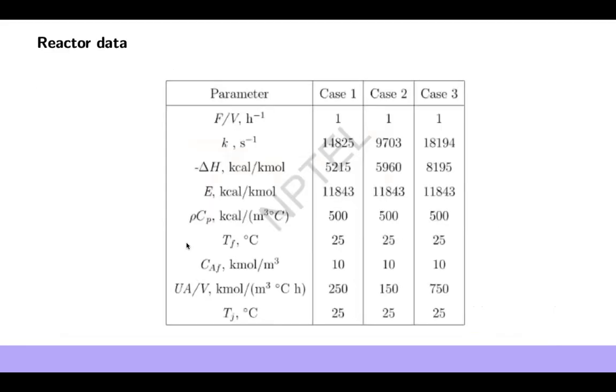Now we have the other parameters. The first is F by V, the flow rate divided by the volume. As I said, the unit will be 1 divided by the time unit. That is given as 1, 1, 1. K is the reaction rate constant, which is given in this value. Delta H is the enthalpy of the reaction. Again, we have three cases. And E is